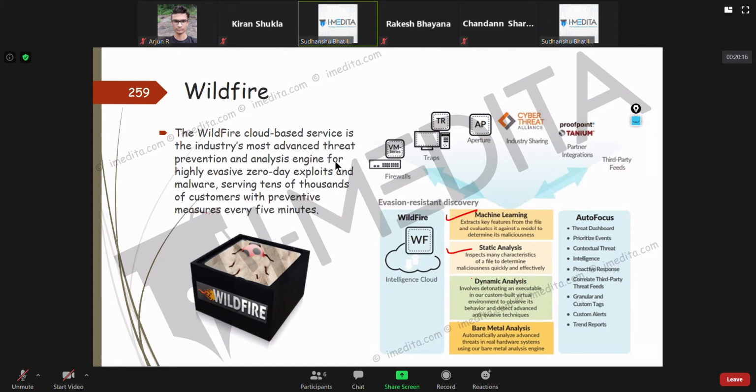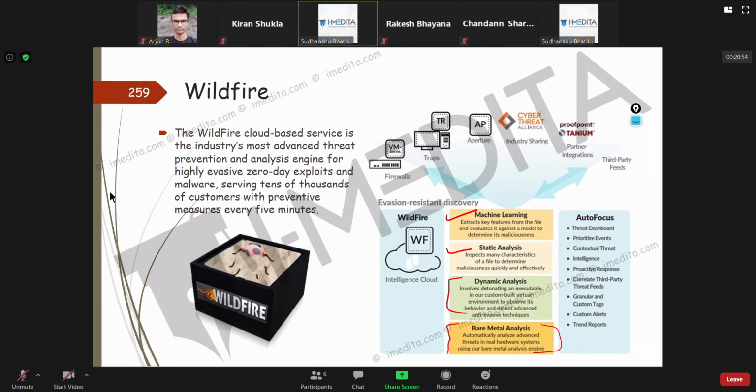Now this is dynamic analysis, where I was saying virtual machines are run, a controlled virtual machine environment where the file that you submit to the Wildfire cloud is detonated. Also, they give you the option of bare metal analysis. A lot of these malwares are programmed in a way that they check the environment in which they are being run.